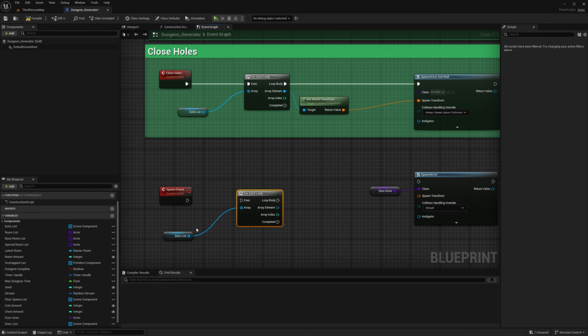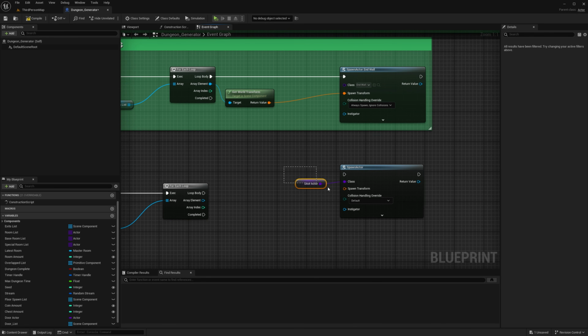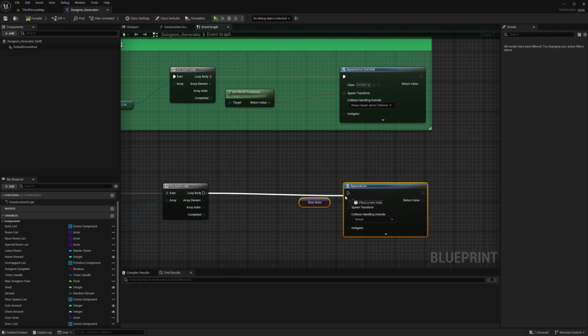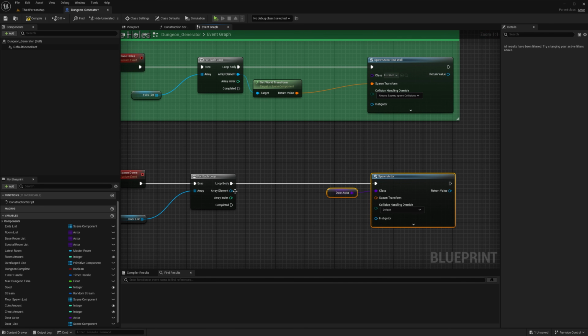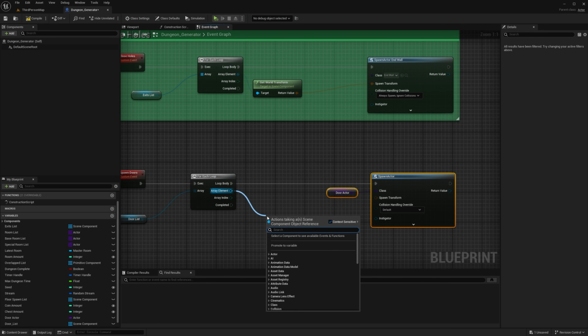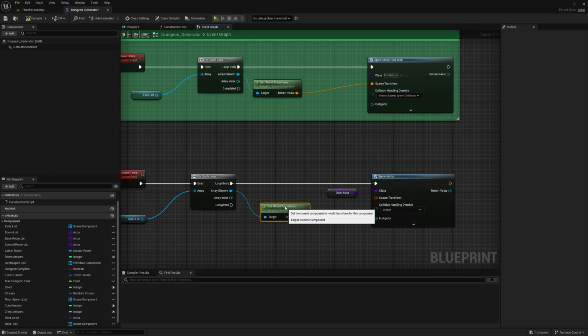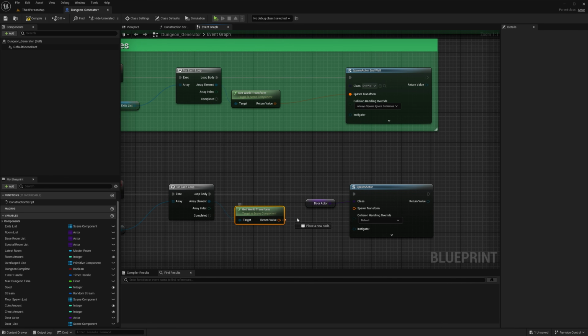We do it for every single arrow that is in this list. We plug it in to the spawn actor, and we need to get the world transform. Get world transform. This is the world transform of the arrow that has been selected in the list, and we plug it in here like this.